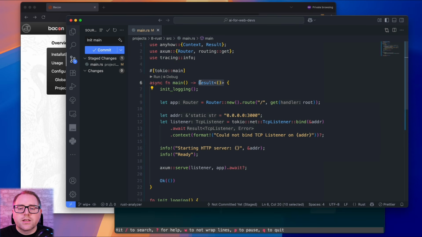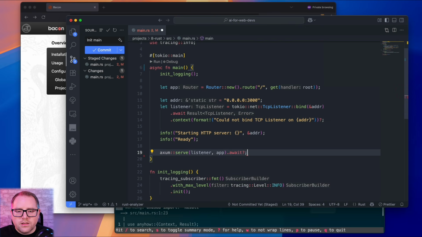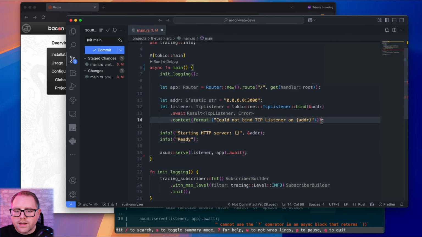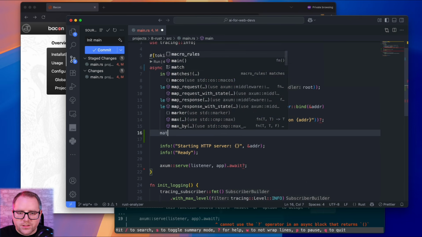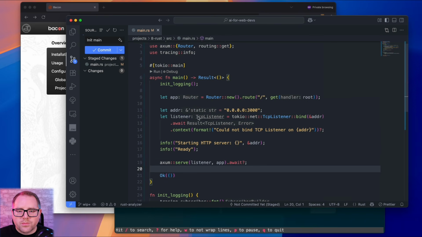The reason why we're doing this is so that we can have our nifty little error propagation question mark handler. If we weren't returning a result, we wouldn't be able to just question mark it away. If I just do a void return, it'll throw an error about how it's not returning anything, and then these will stop working, right? Because we need to return a result. I find that the question mark syntax is a lot easier to deal with than just doing matches. So we're going to go back to doing an empty result. Gets us back.